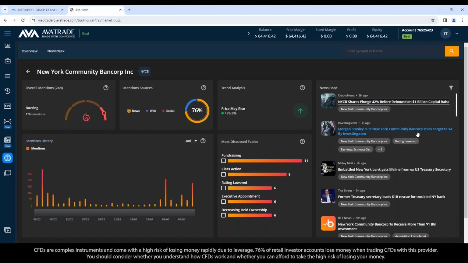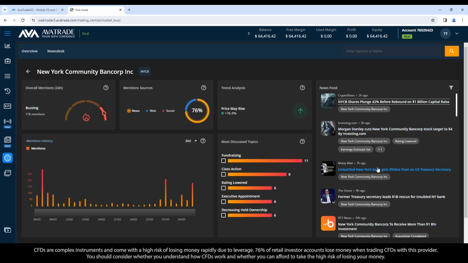Morgan Stanley cuts New York Community Bank Corp stock target to $4. Okay, Morgan Stanley saying their target is $4. Okay, take a look. Where's the price when it opens? Is it below $4 a share? Above? Okay, did it drop to $1? Is it at $7? So you can start to read the articles and understand, what do others think about this